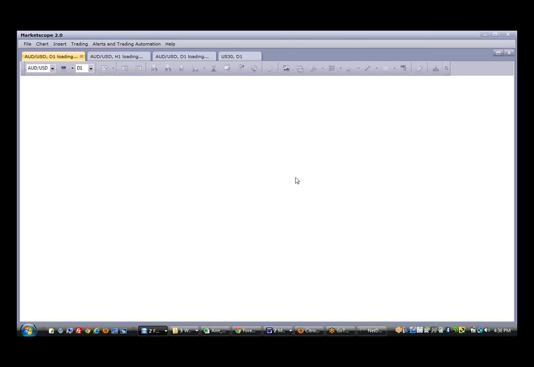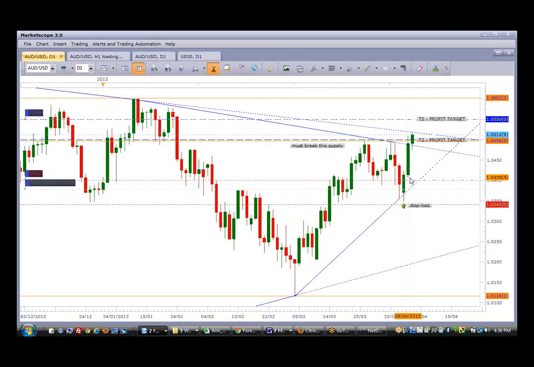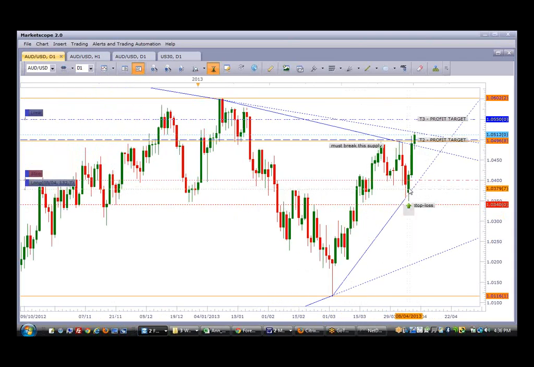The one that has the biggest impact was actually the Aussie against the dollar. If you can see right here, buyers are very much in control. This is actually one of my trades. I entered at a very good demand area right here, and I'm riding the one-third of this pair. My first target was 104.90, and the second target was 105. My third target is now around about here, which is a free ride. I moved the stop to a stop win, about 104, so if it takes that, I'm still in the money.